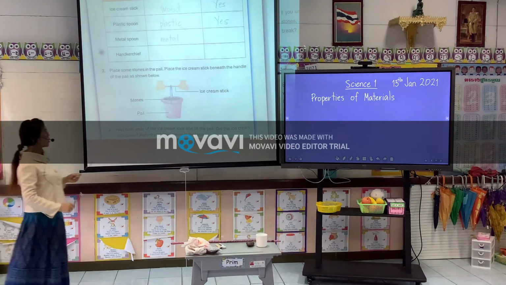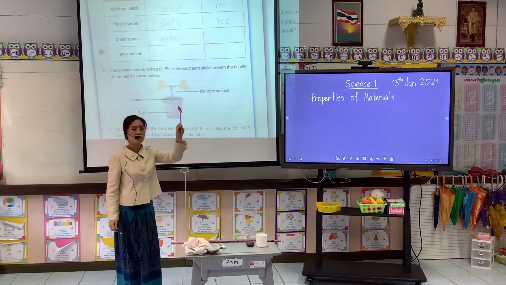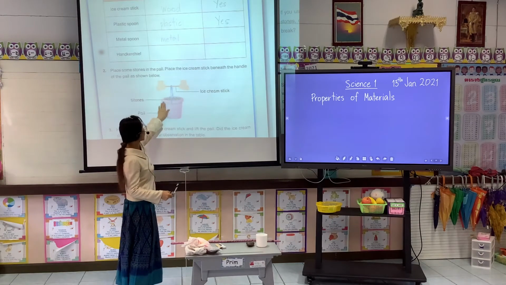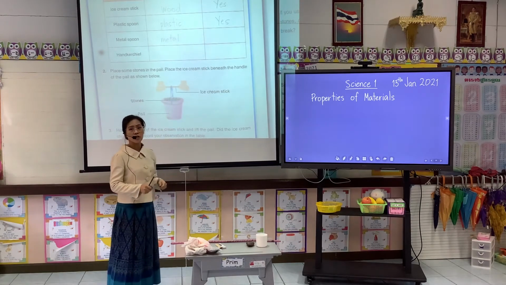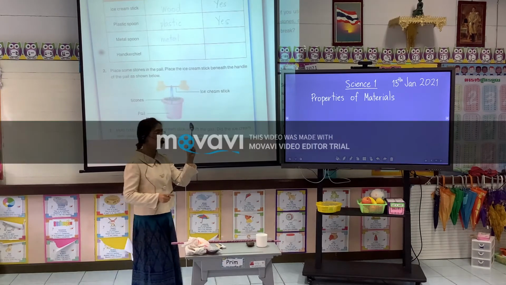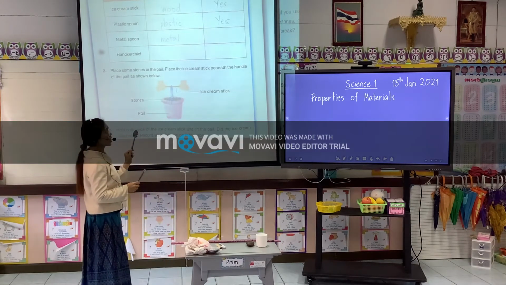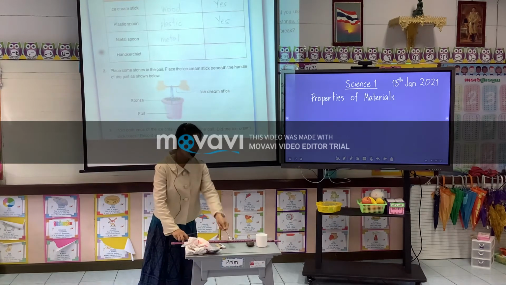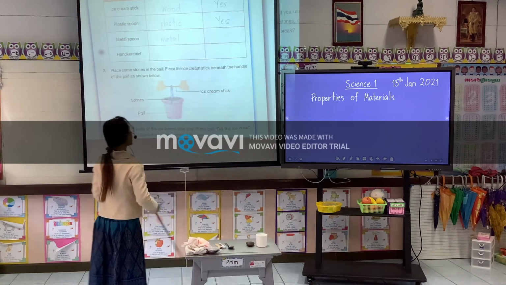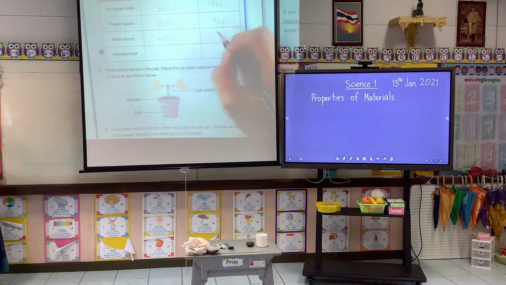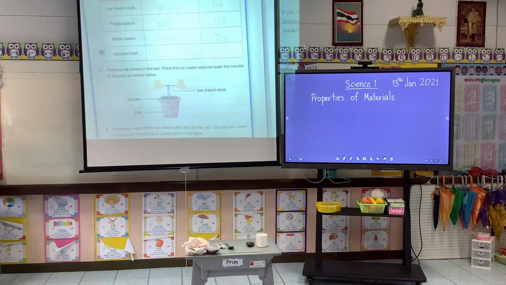Now imagine we use the metal spoon to carry the one bucket of stone. What do you think is going to happen to the metal spoon? Did it break? What do you think? Yes or no? I think yes, right? It will bend. Okay. Next one,